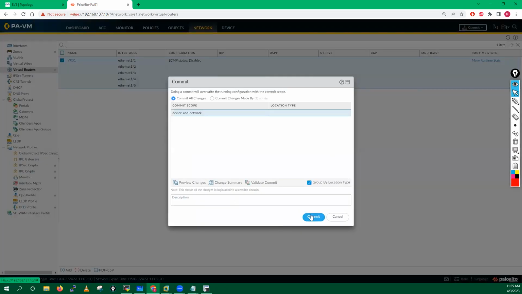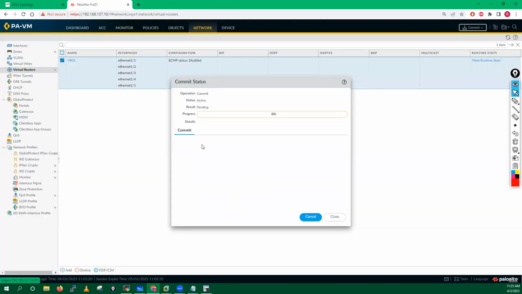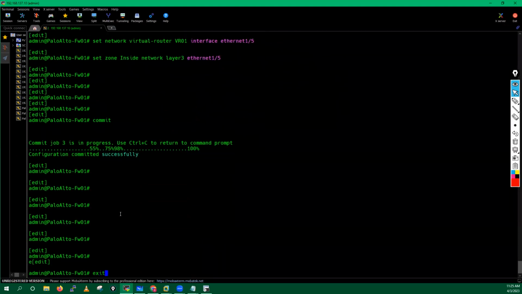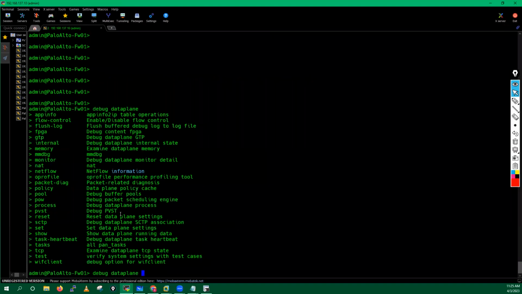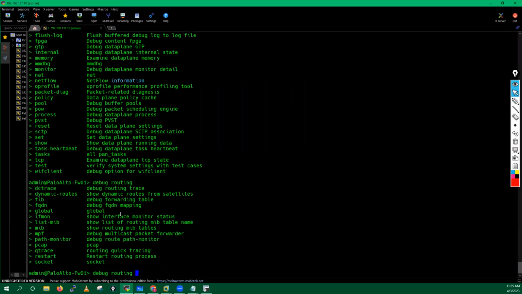Let's go here and do the commit now. Let's wait for this commit to complete. And meanwhile, guys, in your production environment, if you want to see the details, you can run debug data plane. Debug routing. You have to enable the debugging in your routing. You can define